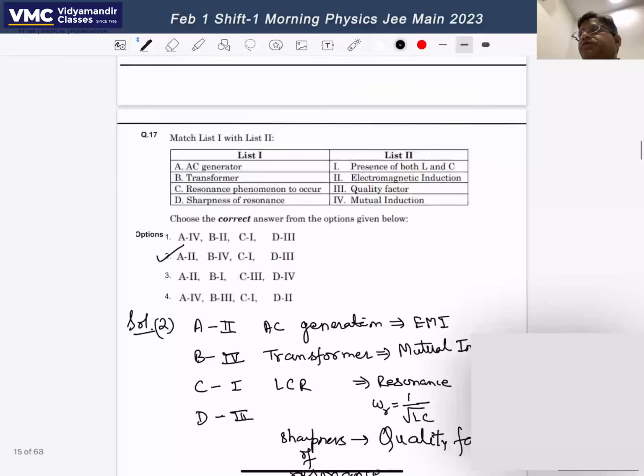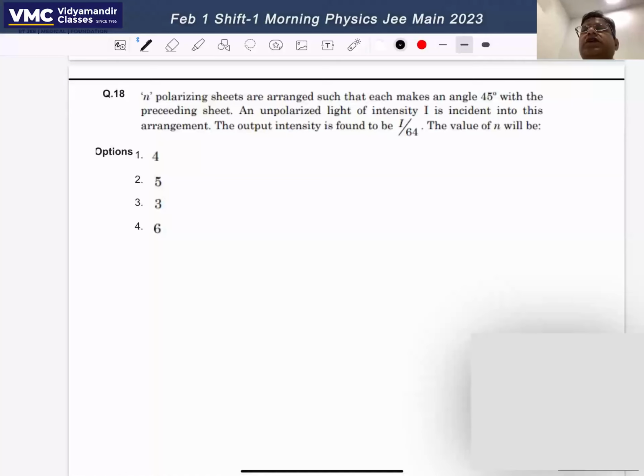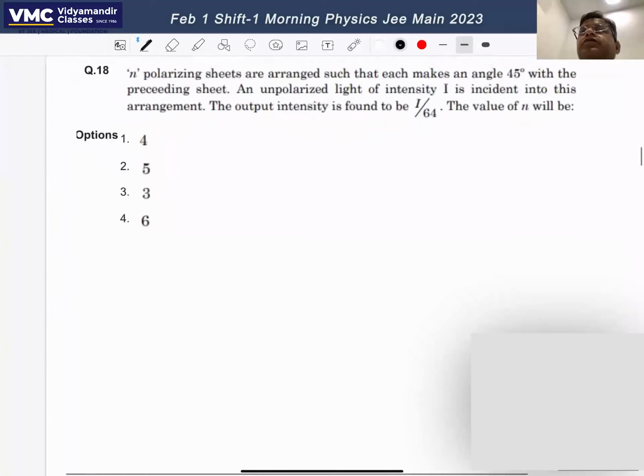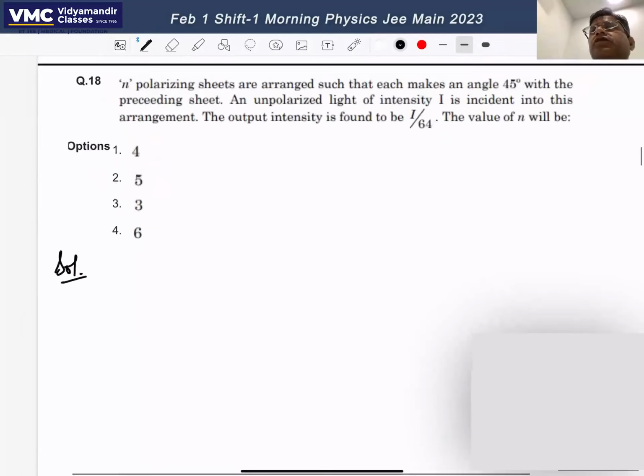Question 18. This question is about polarizing sheets, and the polarizing sheets are arranged such that each makes an angle of 45 degrees with the preceding sheet. An unpolarized light of intensity I is incident on this arrangement. The output intensity is found to be I by 64. The value of N will be. So for this, we see that